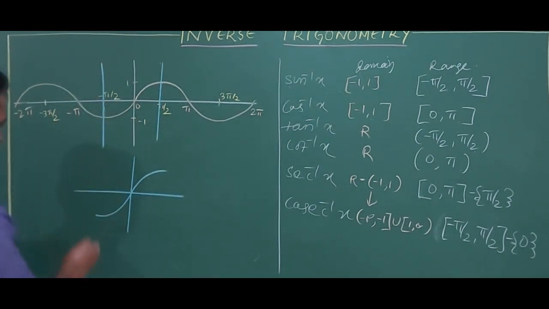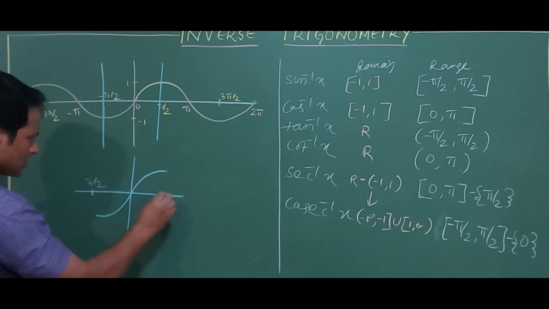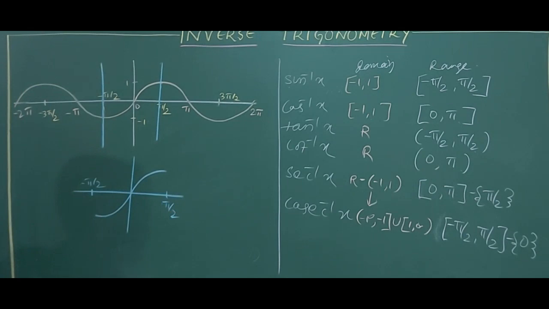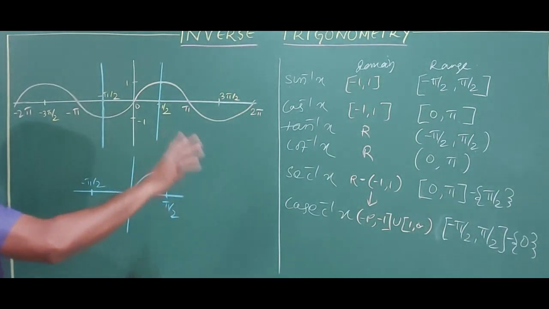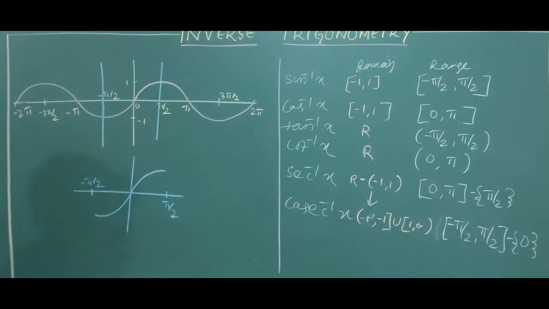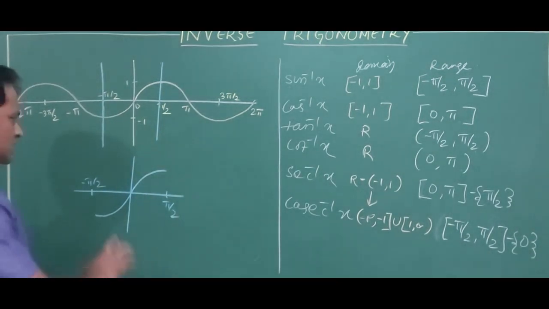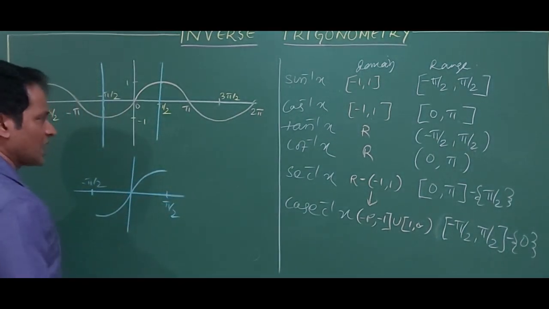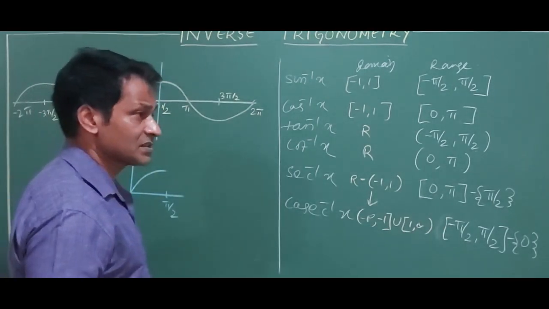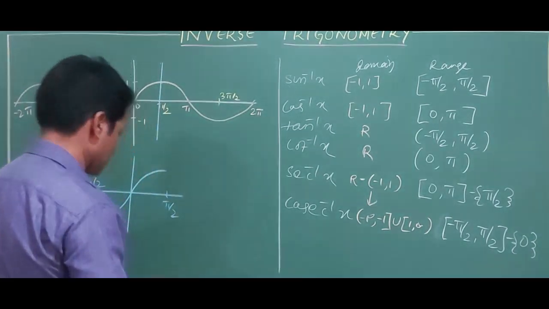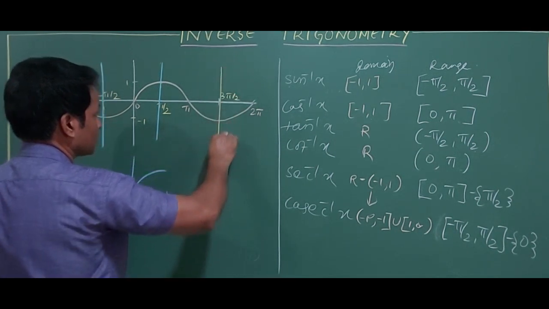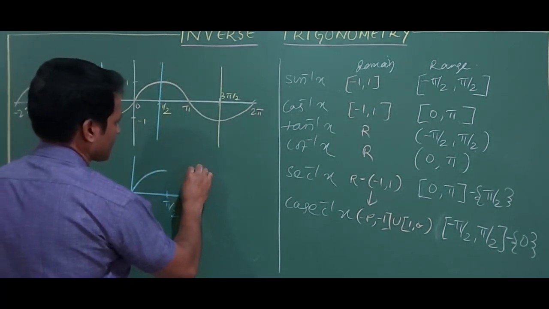Okay, fine. Maybe here it is pi by 2, here it is minus pi by 2, here it is pi by 2. Now draw a line parallel to the x-axis. Is it cutting the graph at more than 1 point? No, it is not cutting at more than 1 point; it is cutting at exactly 1 point. That means I have to restrict the domain. Then you may think, sir, only this is the possibility. No, I can go for more. I can cut the graph in between this as well, meaning the graph can be like this.